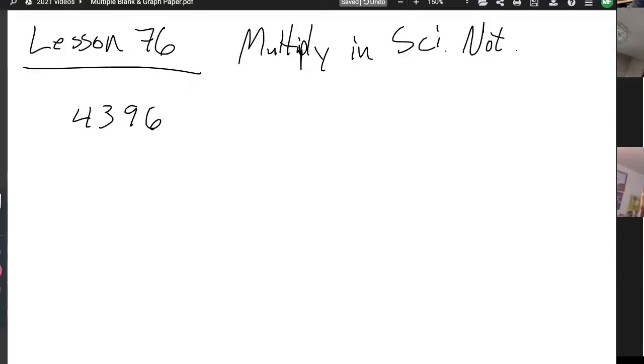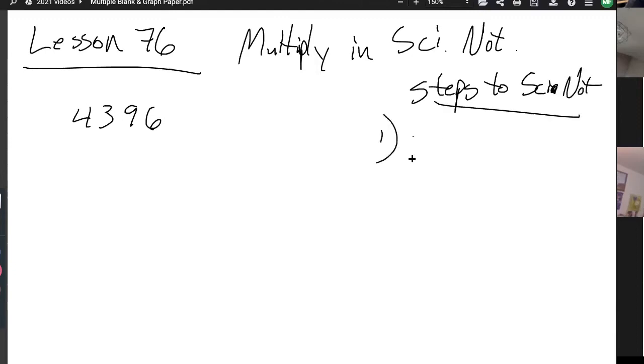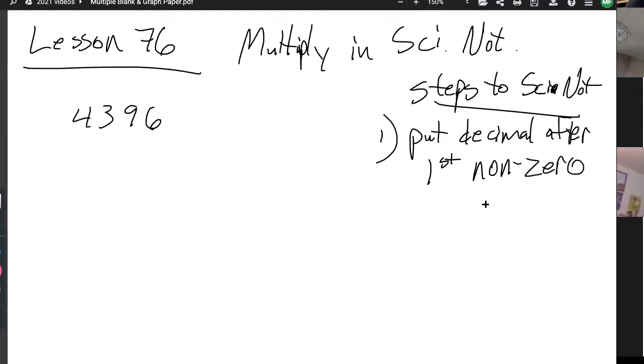Well, let's have a look here. So remember, the first step to scientific notation, steps to SINOT. SINOT is first step, put decimal after first non-zero digit, after first non-zero digit. So the first step, I'm going to go 4.396. Okay. Second step